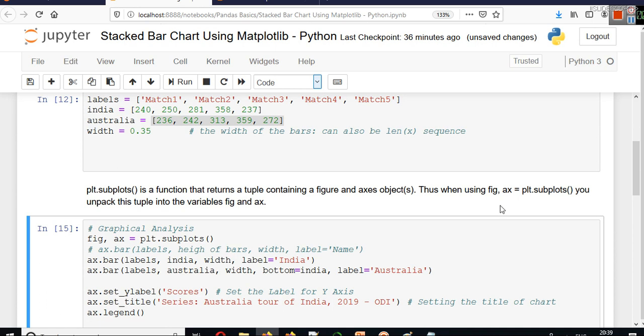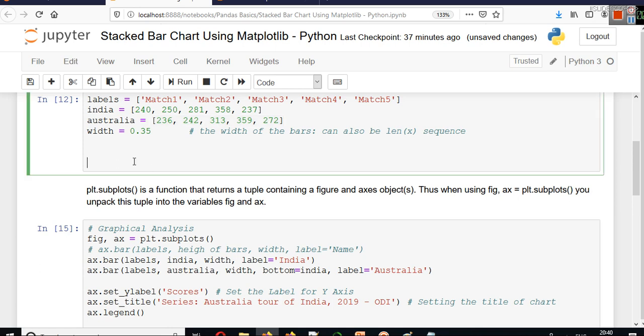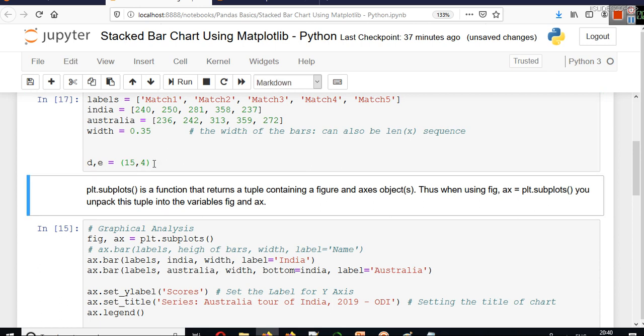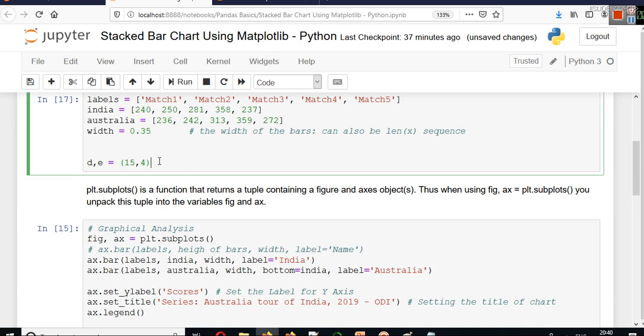Thus, when we write fig comma ax equals plt.subplots, you unpack this tuple into the variables fig and ax. Suppose we have a tuple 15 comma 4, and we write d comma e, let's say. Now we have created two variables, one is d and the second is e.